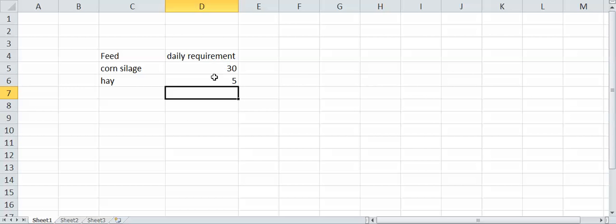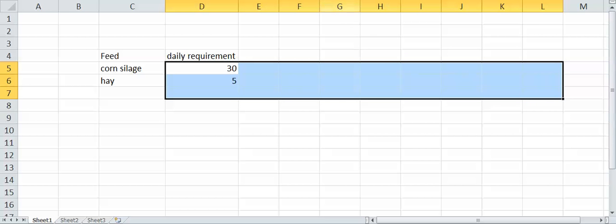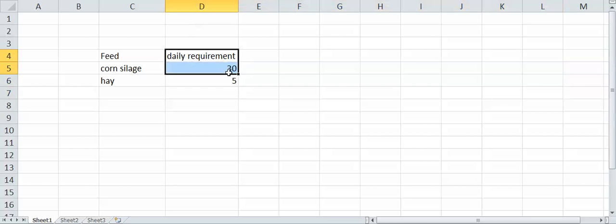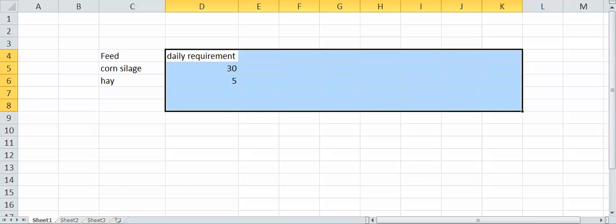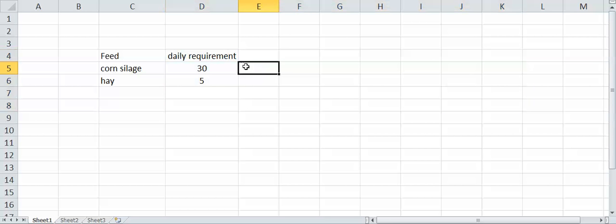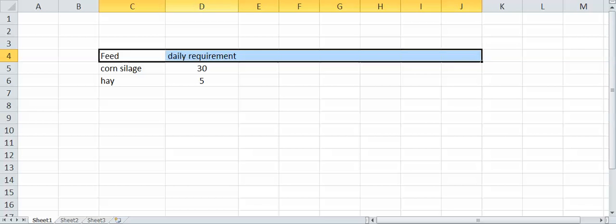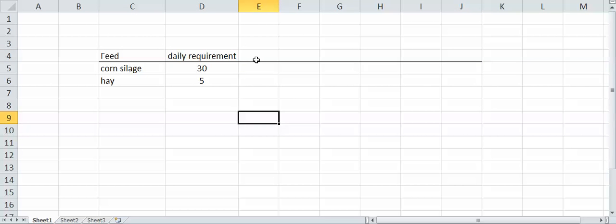You can see that my data here is on the right hand side. I want that to be in the middle, so I'm just going to highlight this, where I'm going to put all my data here. I'm actually going to put my titles also. I'm going to highlight this and center it right there. I'm also going to underline my headings here. So in both cases here I'm feeding for 180 days. Number of cows. This is a real basic spreadsheet here. I can make this more complicated where I only have to write this one time, but